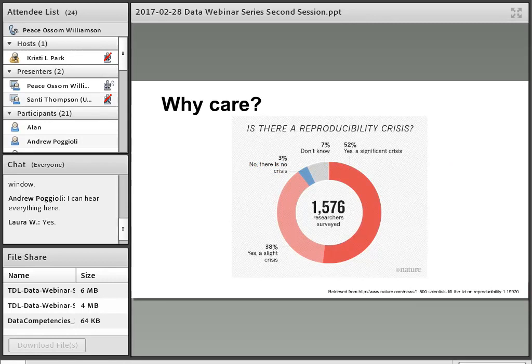Now, I made a mistake on this slide and I actually had an animation which no longer appears in Adobe, so I'll just talk through it a little bit. Part of the reason I wanted to show actual slides that I use during workshops is that I usually start a data management workshop with why should you care? This is a slide that shows 1,500 researchers were interviewed by Nature. And as you can see,